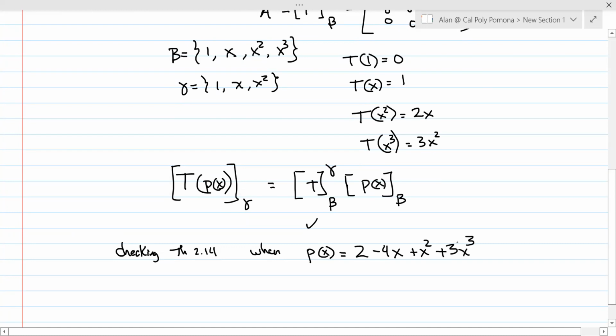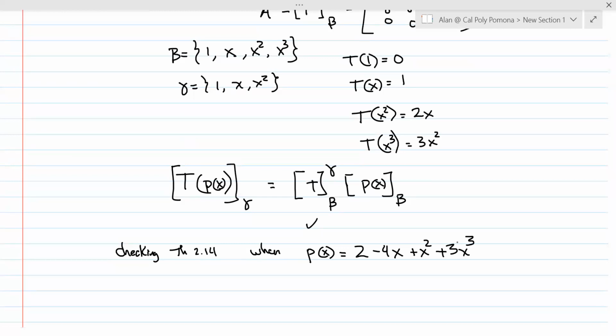Okay, so if you choose the polynomial to be that, which is a third degree polynomial,